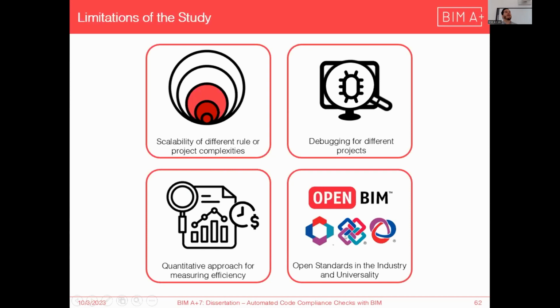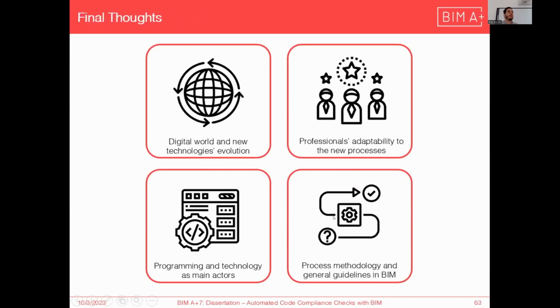And finally, the use of open standards in the industry provides more universality, but it might need to generate additional steps. Generally, offices work with authoring tools or with proprietary software, so I chose to take this path. But this is a very important thing to consider. And as a final thought, I really wish that as the digital world and technologies evolve,